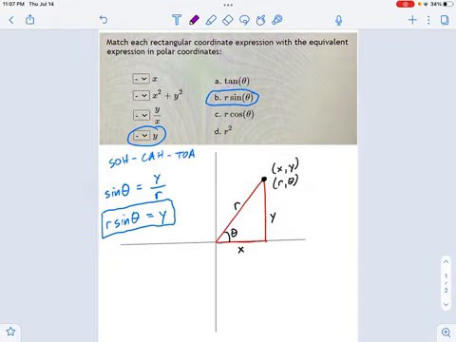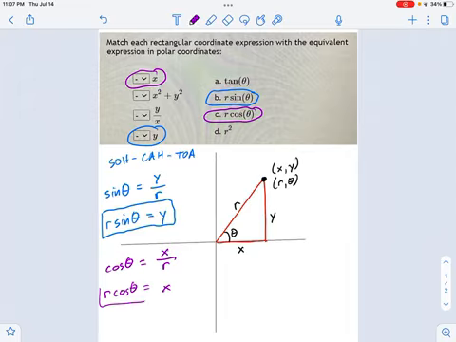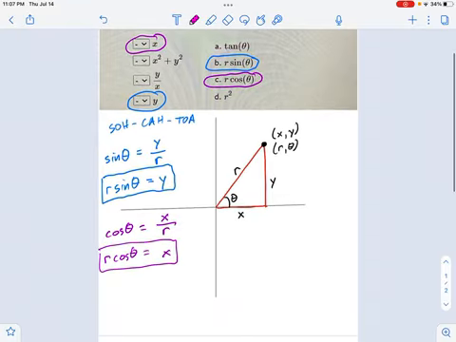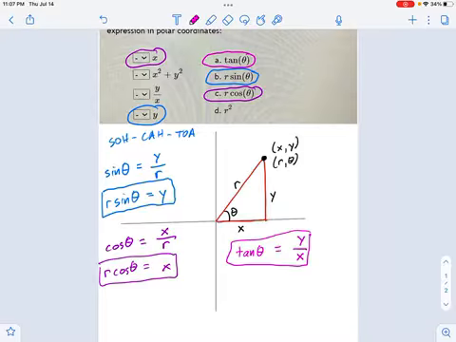Same idea. Let's just do it with cosine. Cosine theta equals adjacent over hypotenuse. Rearrange that a little bit, and we have r cosine theta equals x. So that's this guy right here. Now, if you imagine, it's pretty good for SOHCAHTOA. I don't think we're done yet. I think there's one more SOHCAHTOA thing that's going to come in handy. And that is tangent of theta. There's the TOA part. Opposite, that's y over adjacent. That's x. Rearrange, we don't even need to rearrange that. There it is, we're done. Tangent of theta equals y over x. So that's this guy right here.